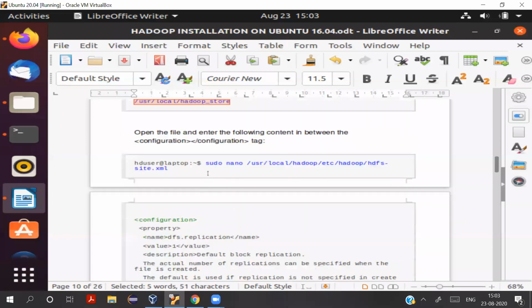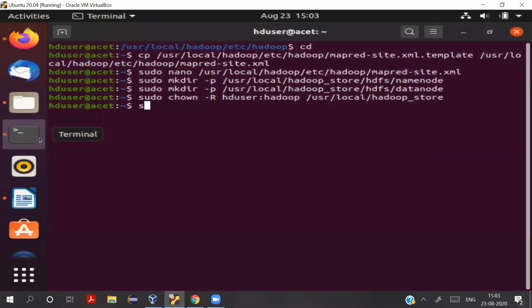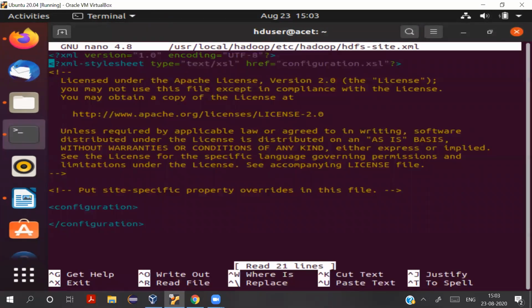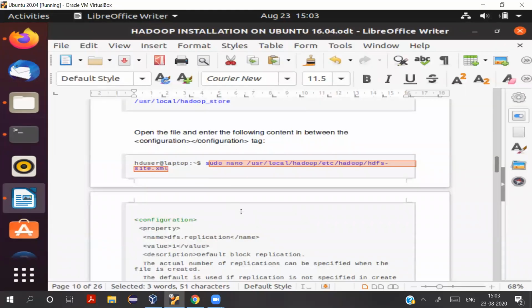Now we will configure this file. Okay, and let's open it first, and then I'll discuss the configurations with you. I missed the S, I think. Yeah. So we open this file. Let's reach the configuration part here. Okay. Now let's see what configuration needs to be done here.